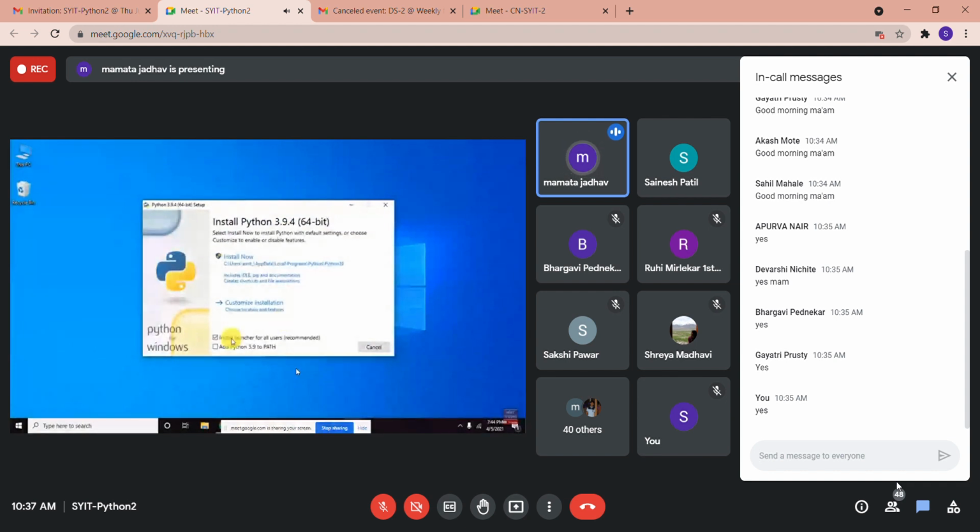Before that, you have to check both the options, add Python 3.9 to path.